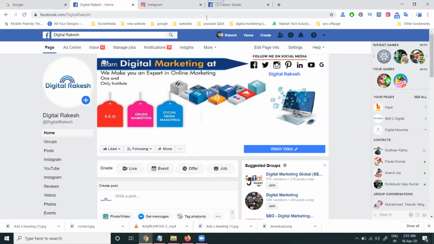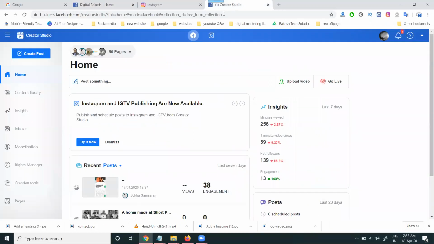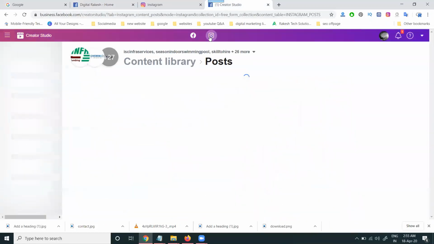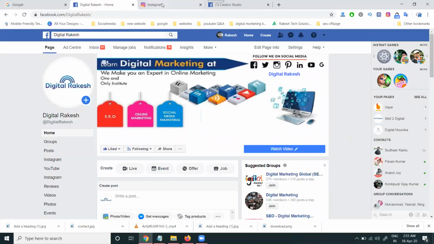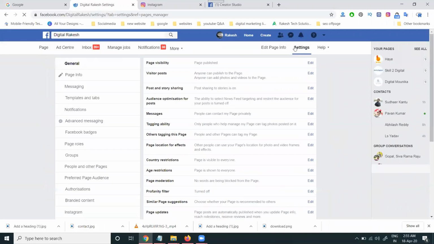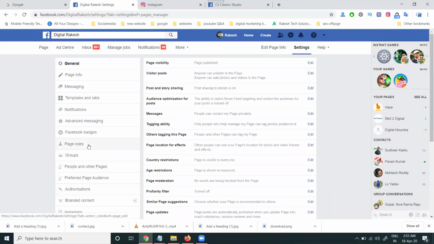Facebook has no certain limit. If you use the Creative Studio option, select Instagram. When your Facebook page is connected to Instagram, Instagram can only post to one Facebook page. That is connected in settings, where the option is called